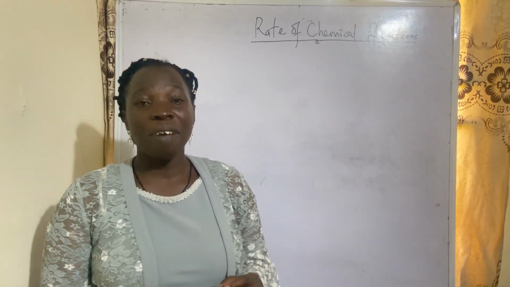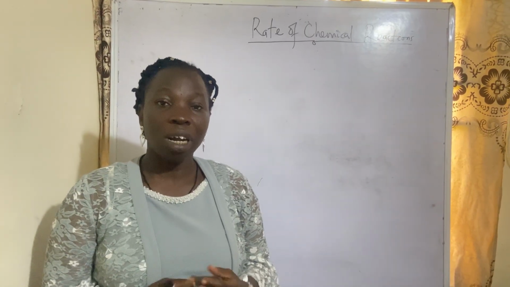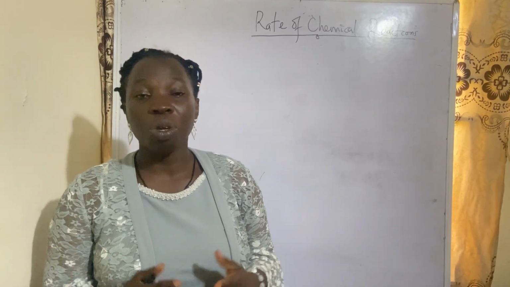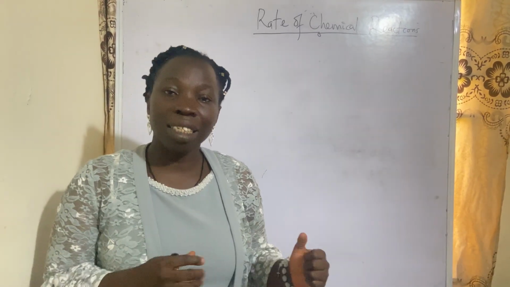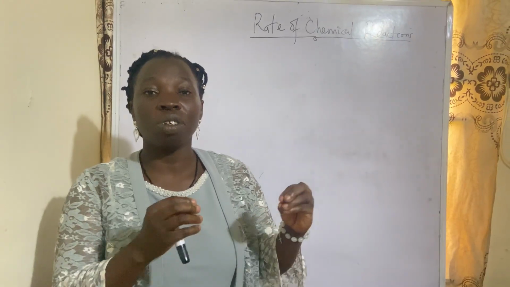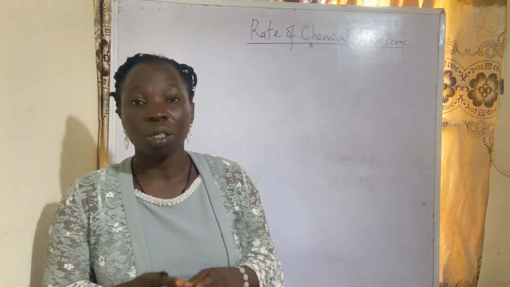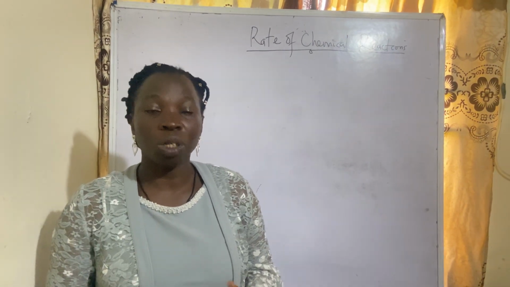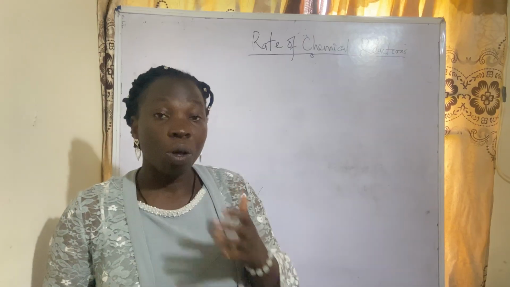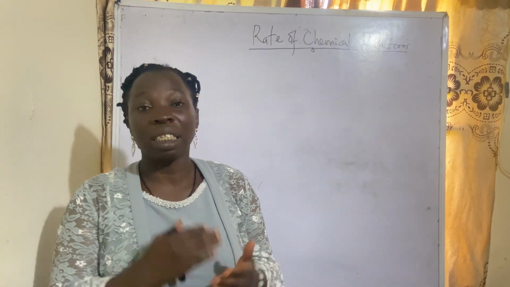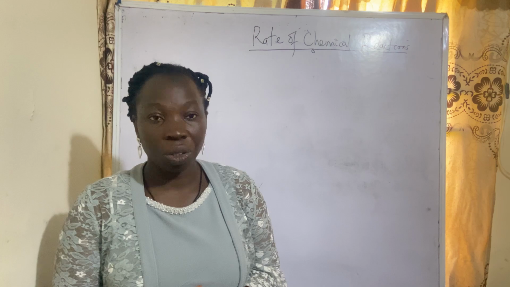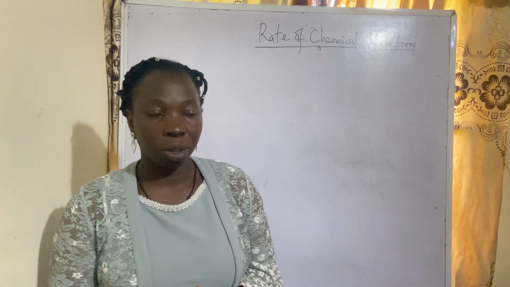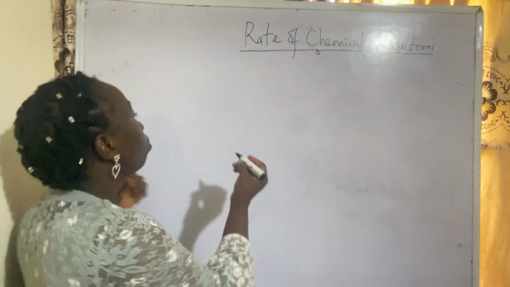So it means if I start a reaction, for example, a reaction between nitrogen and hydrogen gas, it will give us ammonia. If you start that reaction, you see that the concentration of the nitrogen and the concentration of the hydrogen will be decreasing. Then the concentration of the ammonia produced will increase. So in that case, we call the average rate of disappearance that of the reactant concentration, while the average rate of appearance will be that of the product. So let's take for example